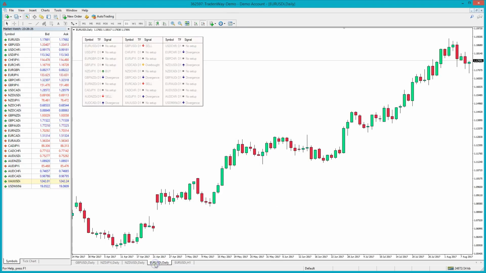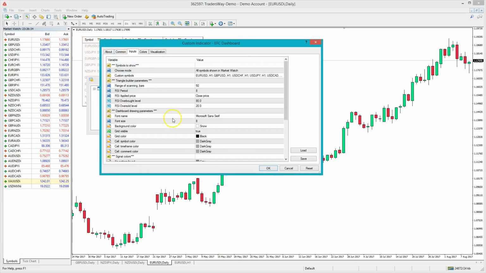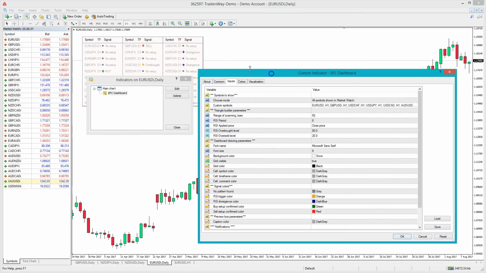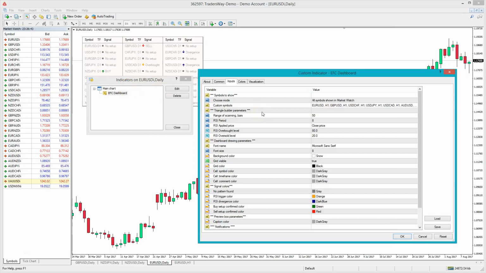Okay, so getting back to our dashboard, there's a lot of stuff you can do with it. There's a lot of settings that you can adjust, lots of outputs. Say you don't want to see all of these. Let's say you only trade 2 of these instead of however many there are here. What you can do is specify what symbol you want to see. So if you only want to see a couple of these, then by all means go ahead and delete those,